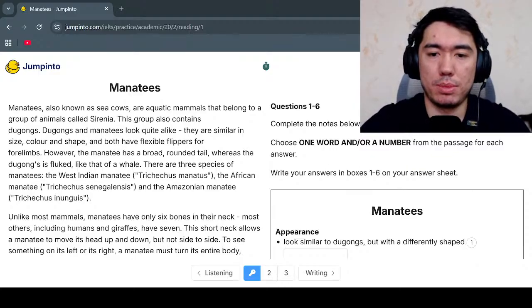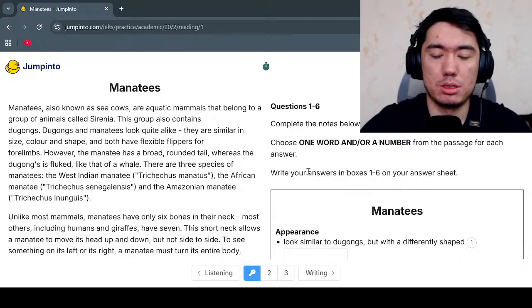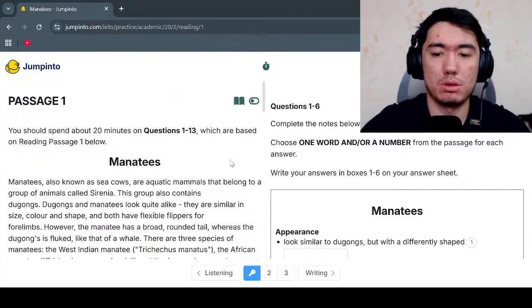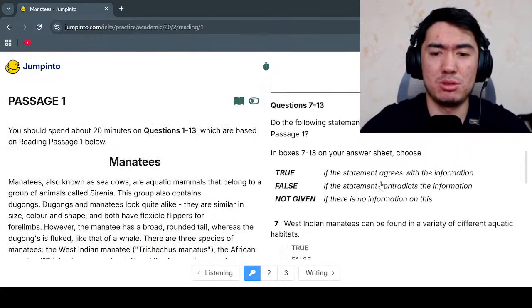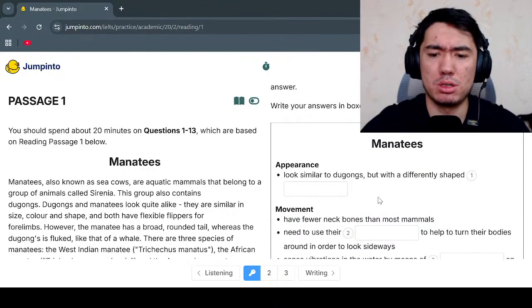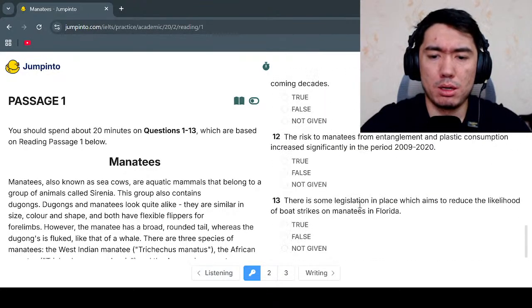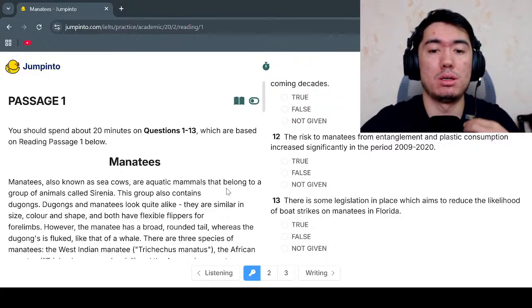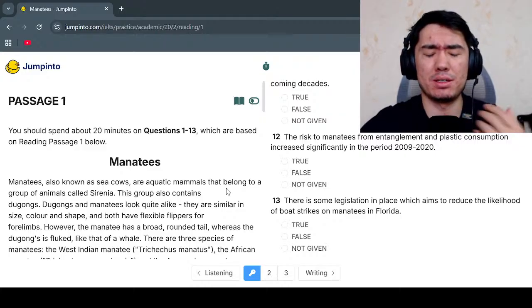So, yes. Today I'll try to be more educational. Last time I was too locked in, finding all the correct answers, which I succeeded in, by the way. But this time I'll try to walk through my process a little bit more in detail. And in the end, maybe we will do